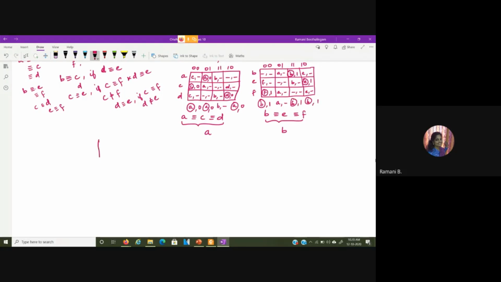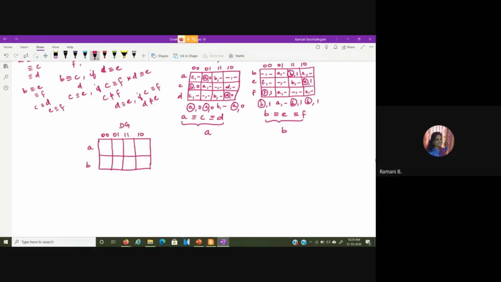So our reduced states table will be like this. 0, 0, 0, 1, 1, 1 and 1, 0.